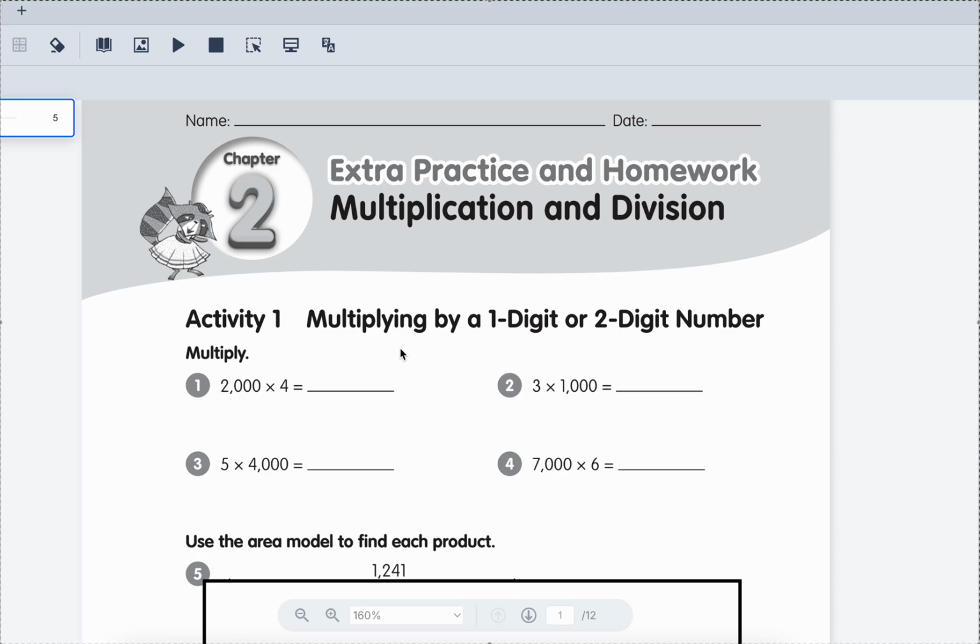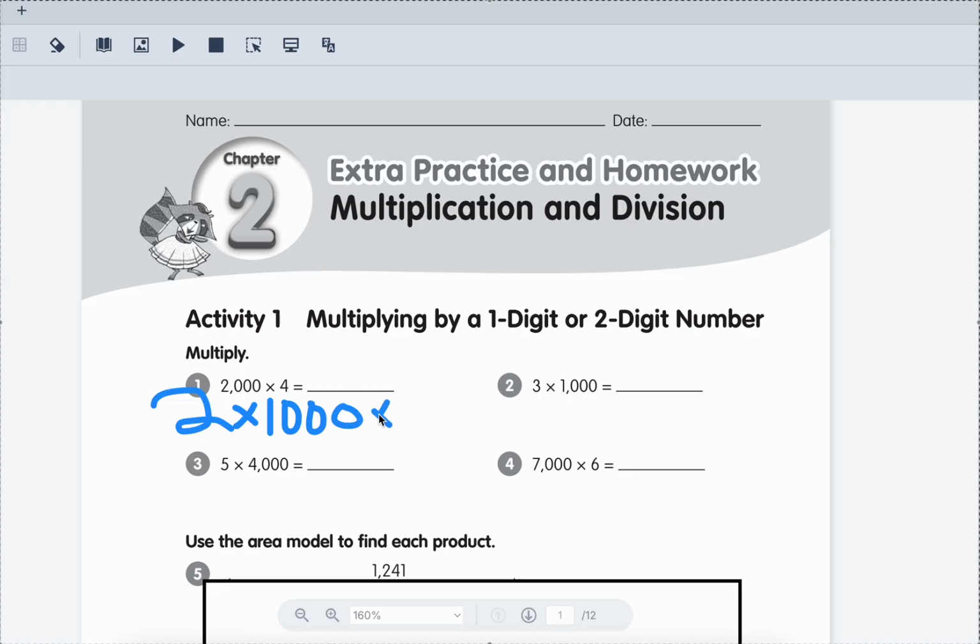We're going to review what we did yesterday. To start, we're going to just look at multiplying by multiples of 1,000. So the way I want you to think about this is think of 2,000. Oops, let's see if I can get this to work. Whoa, that's pretty big, huh? 2 times 1,000. 2,000 is 2 times 1,000